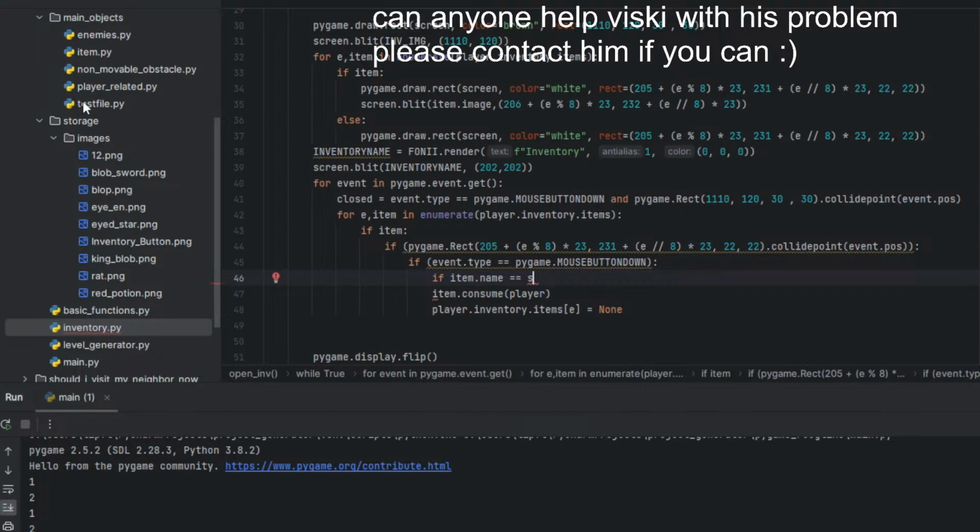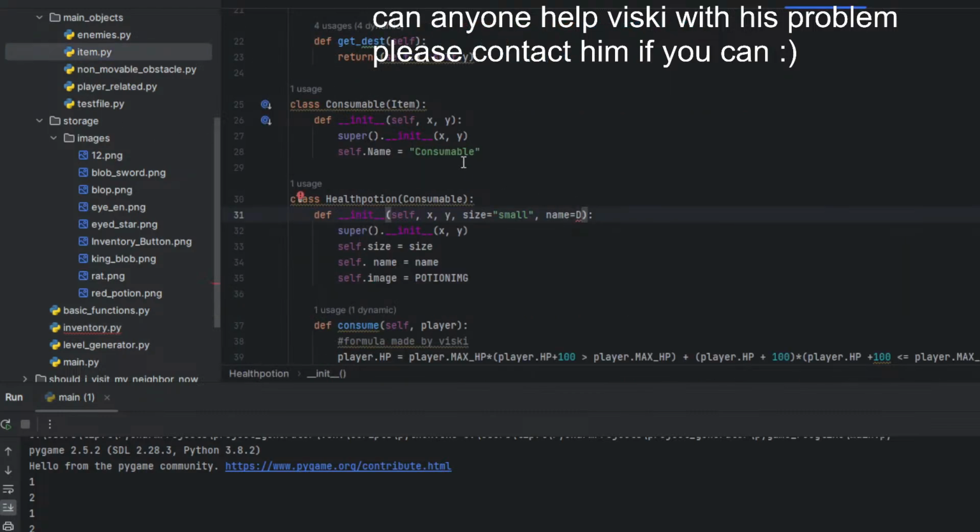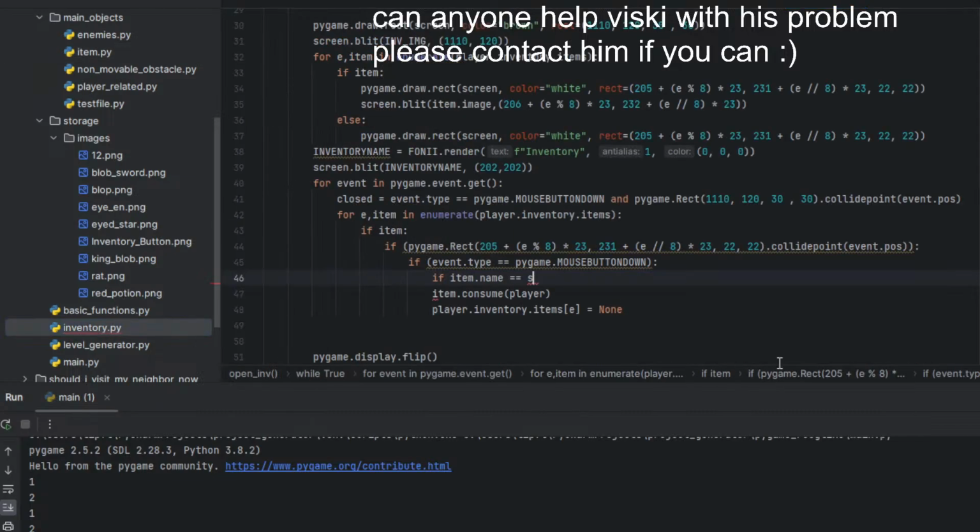Oh, why didn't it copy that? I want to do, okay, like this.